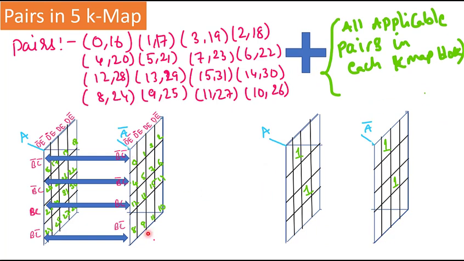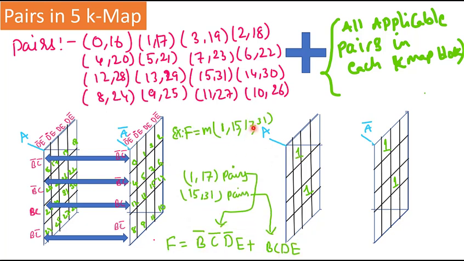This is a 4 variable K-map. This is also another 4 variable K-map. You may be having pairs without having a parallel element in this range. So you can have an individual pair for this particular block, or you can have another individual pair for this particular block. Okay, if you look at this example,